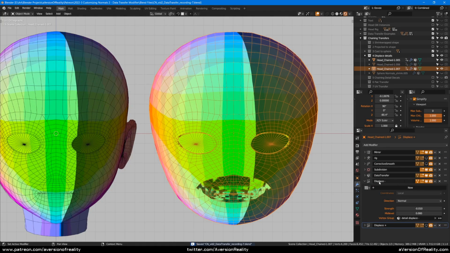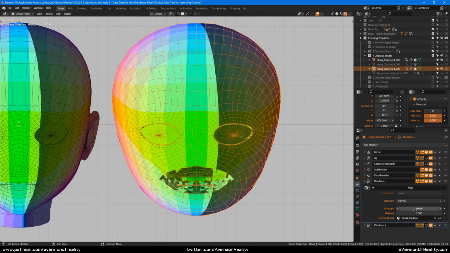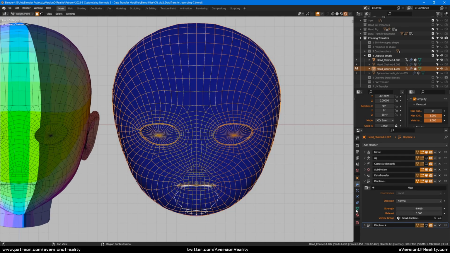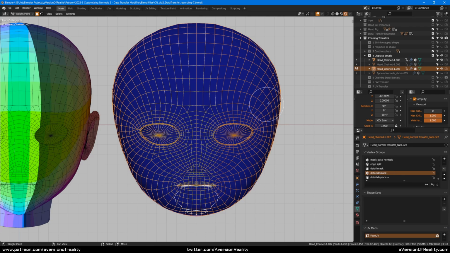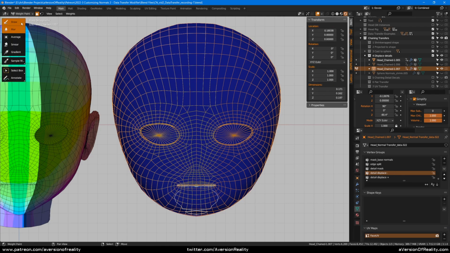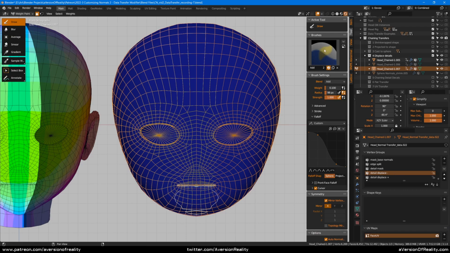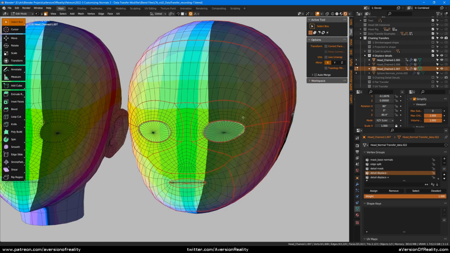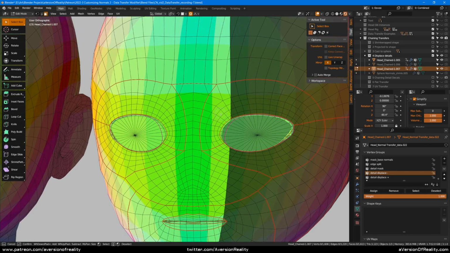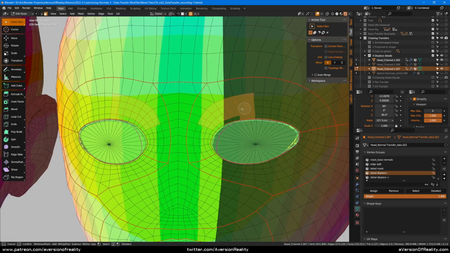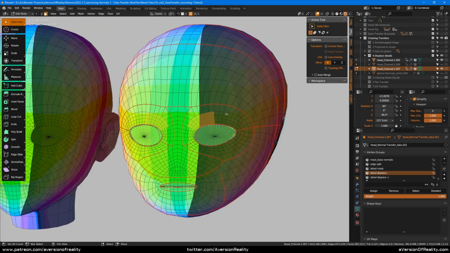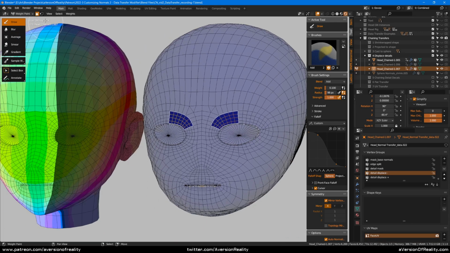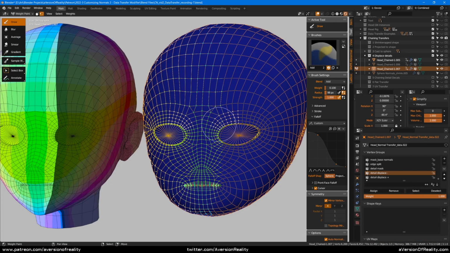And we've got a displace modifier after the data transfer, and right now it's going to an empty vertex group. I'm going to go into weight paint and make sure I'm on that vertex group, which I've called displace minus, and on draw, and let's get an add brush with weak strength. And I'm going to grab, say, just a few faces here. Maybe a little more. And let's get some weight on those.